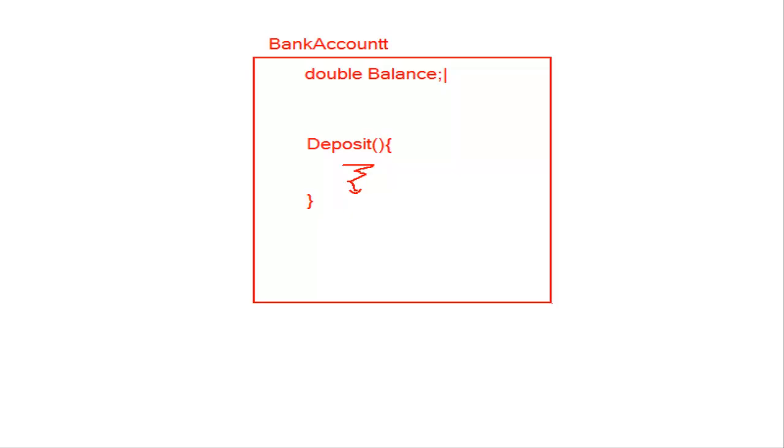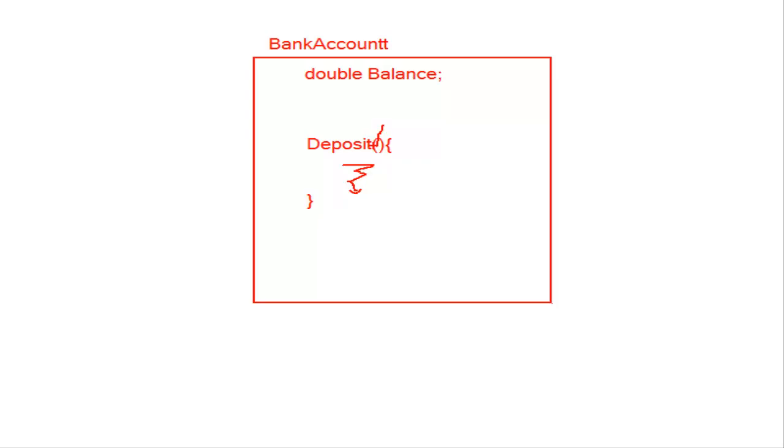So what is the first thing you must do? Read that balance, and somebody is going to provide you the deposit amount, whatever the amount is, and put it back. So read the value from the database, add the new balance, and then replace it back. Is it the only thing that you are supposed to take care of? If you are writing it for a real bank, will that suffice for the entire problem? This is what you are supposed to do: read from the database, add the balance amount, write it back, not elsewhere, but to the same place. Is it the only thing that you are supposed to do?